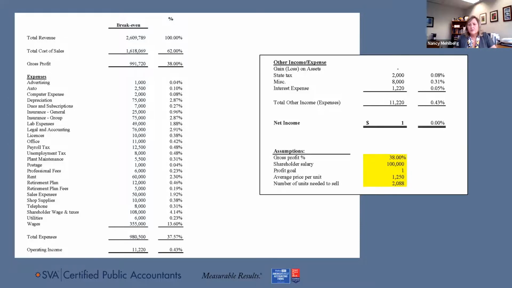So this is also a great tool to use for bonuses, because if you have a department or something where you've calculated this, I had a client that said to their employees, it was a retail product that they sold, and they knew that their break even was 5 units a day. And they said to their staff, anything over 5 units a day that we sell, for every additional unit that we sell, everybody's going to get $50. And so it was really easy to monitor that, and it's easy to incentivize.